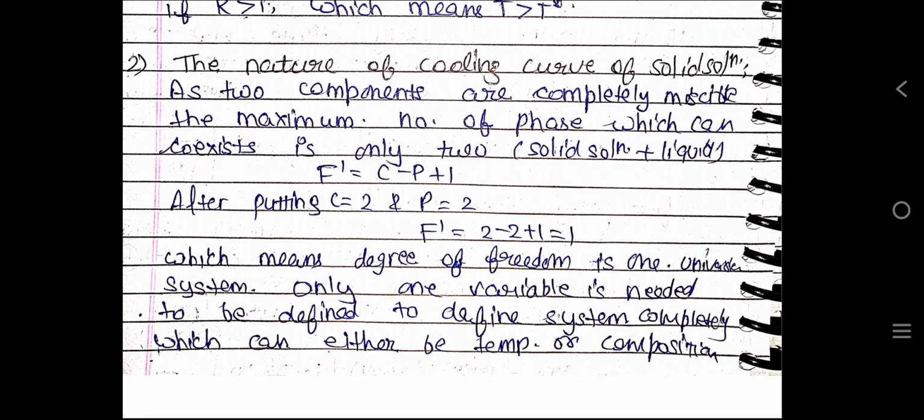The nature of the cooling curve of a solid solution: as the two components are completely miscible, the maximum number of phases which can coexist is only 2, solid solution plus liquid. F dash is equal to C minus P plus 1. After putting C is equal to 2 and P is equal to 2, F dash is equal to 1, which means the degree of freedom is 1. Univalent system, only one variable is needed to